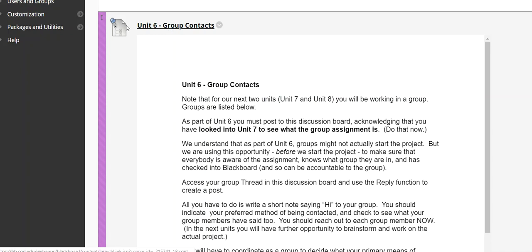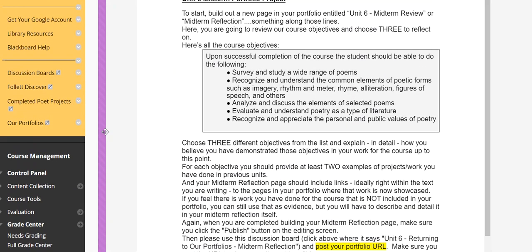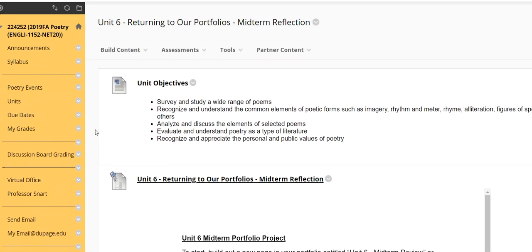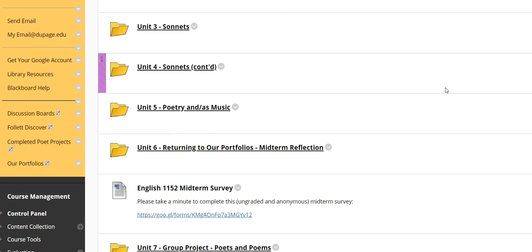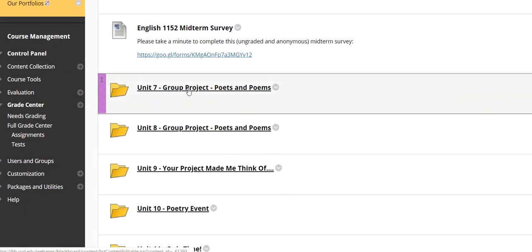That was due, just like everything else, on the first main due date. I waited a bit to see how things would unfold, and then I had to do a little bit of group shuffling, but not very much. So this now sets us up to get into Unit 7.